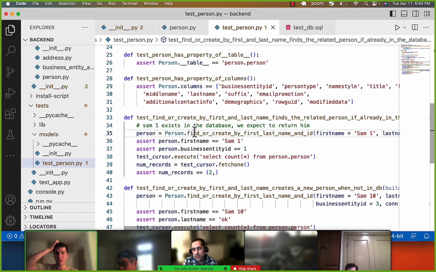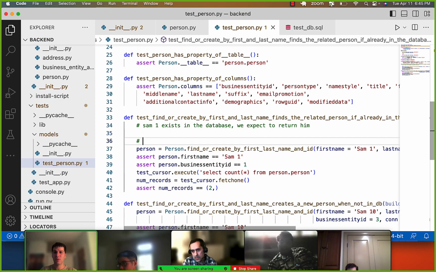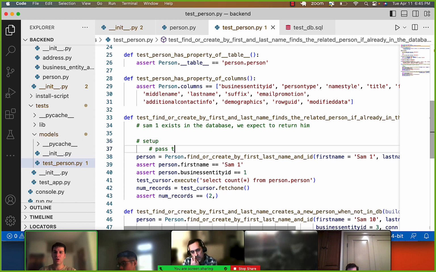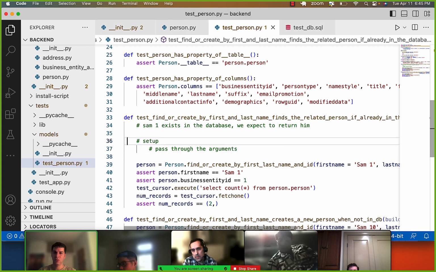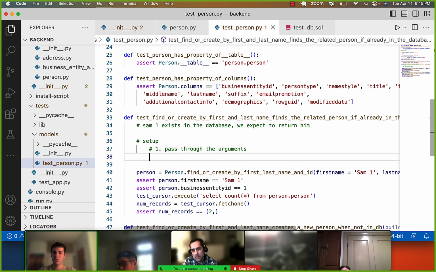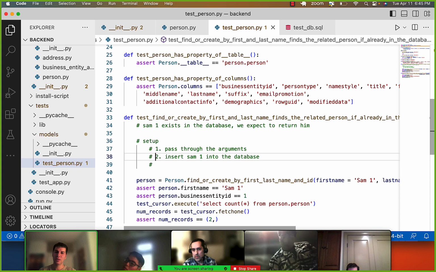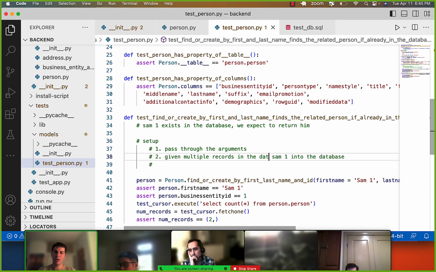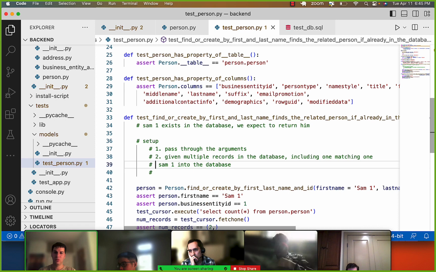So what does that mean? That means, again, not only do we need to pass through these arguments, but the setup is, one, pass through the arguments, and two, insert SAM1 into the database. And probably what we want to do is say something like, given multiple records in the database, including one matching one,